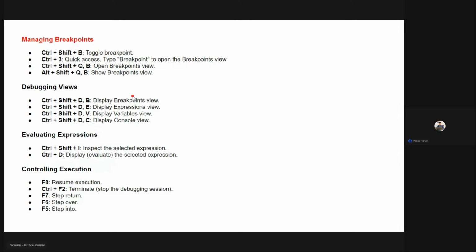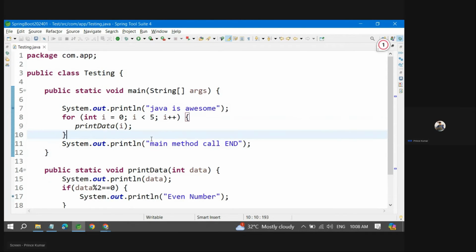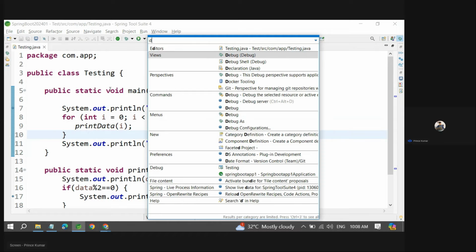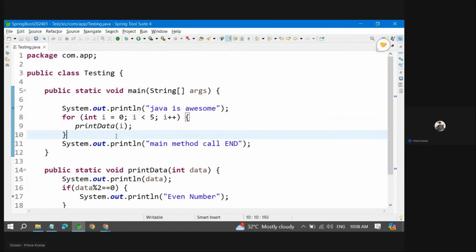Otherwise, you can do Control plus B first. This one you already know, Control Shift plus B, adding the breakpoint. Control plus 3: so I'm going here and I am just pressing Control plus 3. Control plus 3 is just opening the command line. There is no breakpoint name we have given, but it's showing debugging and all those things. Okay. In the same way, if you want to do Control Shift Q,